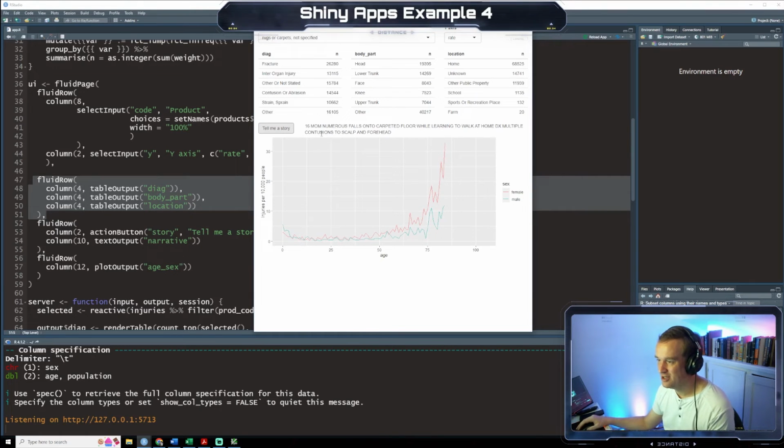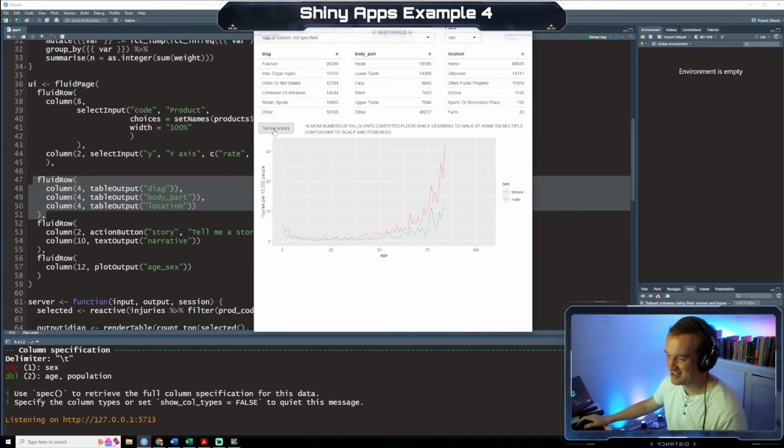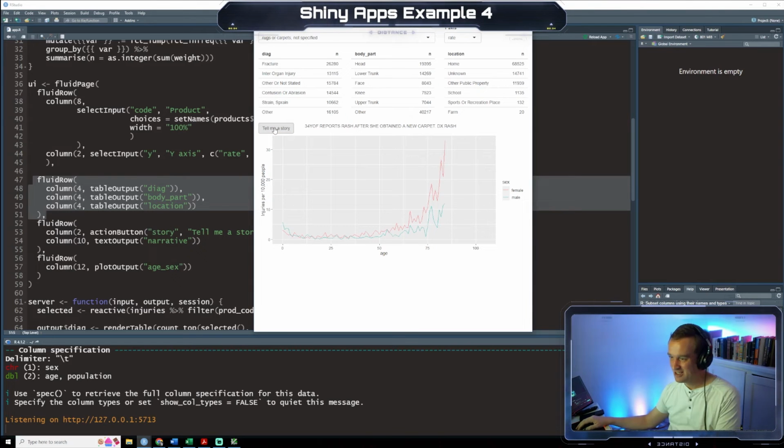Carpet. Rugs or carpet. 16-month-old male, numerous falls on the carpet floor while learning to walk at home. That's my daughter right now. Multiple contusions to scalp and forehead. Yeah, my daughter's got bruises all over the place because unfortunately we have hard floors throughout our house, and you can't be around them constantly. So she's learning to walk and bunks her noggin once in a while. I don't think we'd take her to the doctor for bumps, but